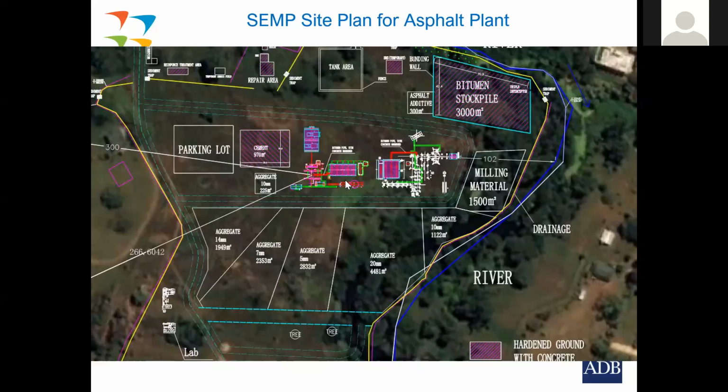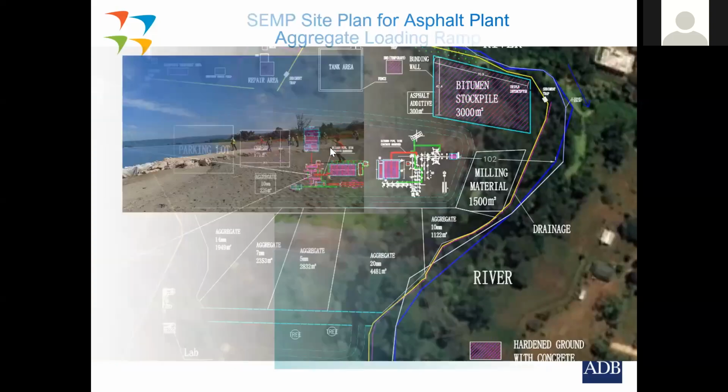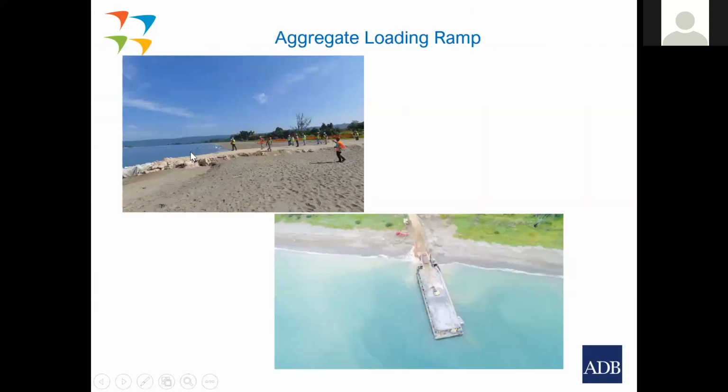This is just showing some photographs. Here is the temporary aggregate offloading plant ramp that he prepared, and there it is in operation here. You can see this is a truck here, this little red truck. This was taken from a drone. So it's quite a large barge with aggregate here being offloaded at the offloading ramp, just a temporary facility. And part of the CEMP was that as soon as the imported aggregate was offloaded, they had to restore the beach to original position. So get rid of this